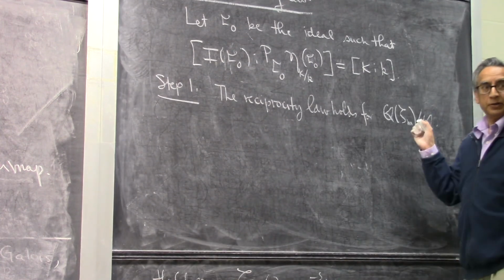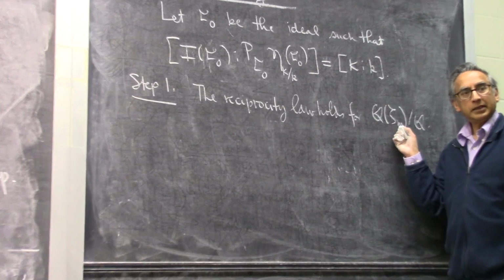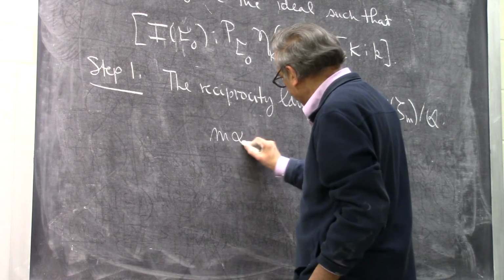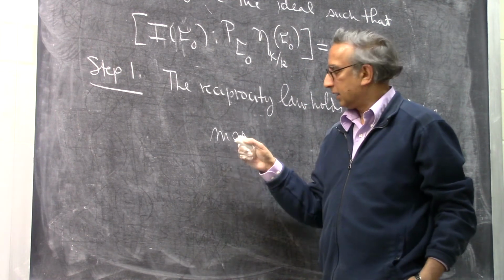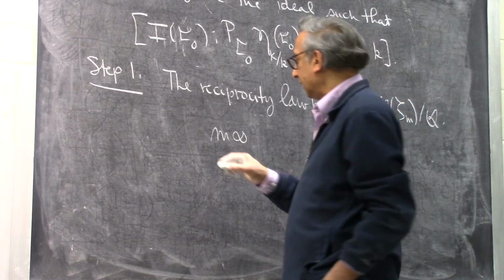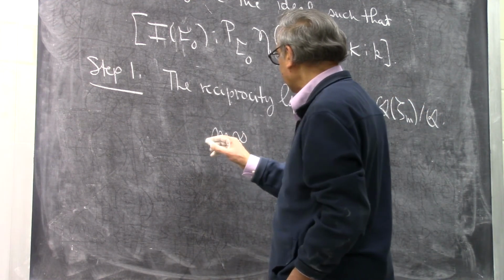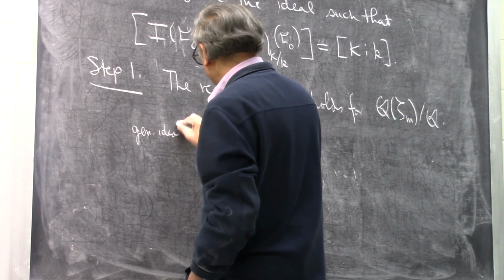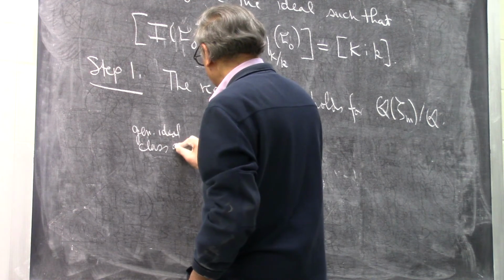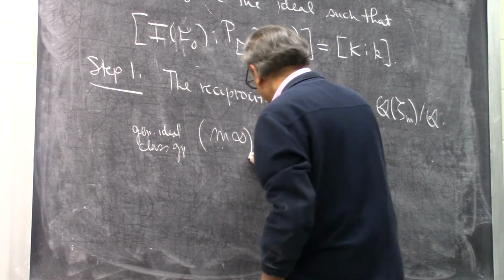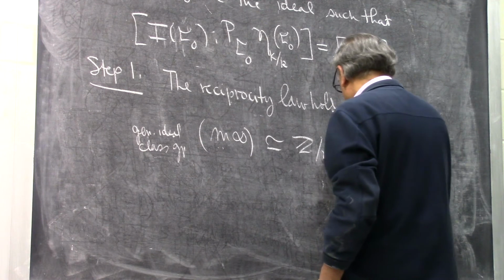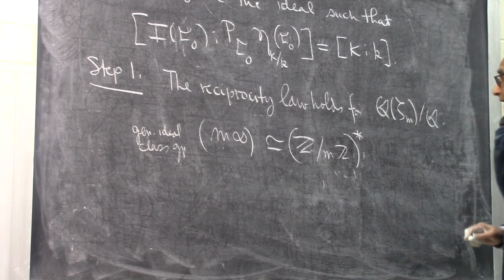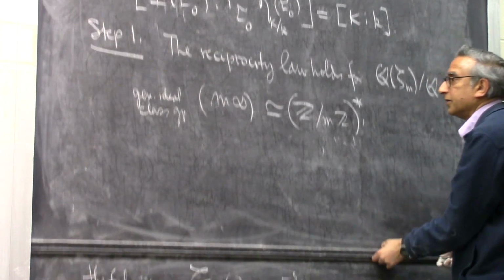What is the generalized ideal class group that you need to deal with here? Well, I think Cynthia already points out in her thing that you need to take m infinity, where you include the embedding, the usual embedding. This is the ideal you need to take, and the generalized ideal class group modulo this turns out to be (Z/mZ)*. So that's the classical situation. Step two